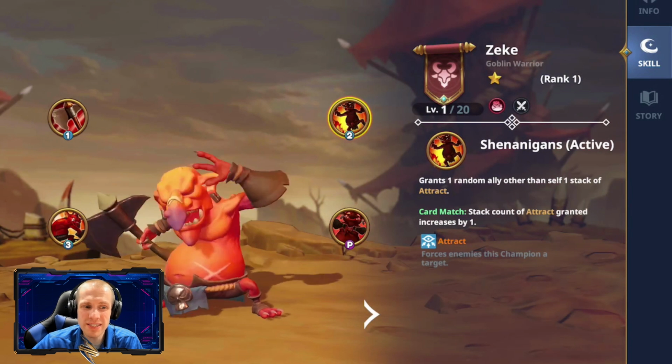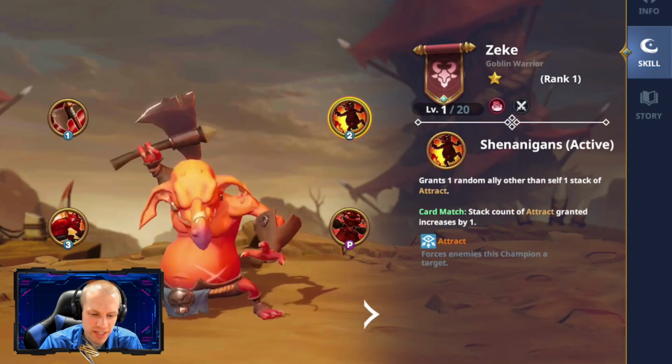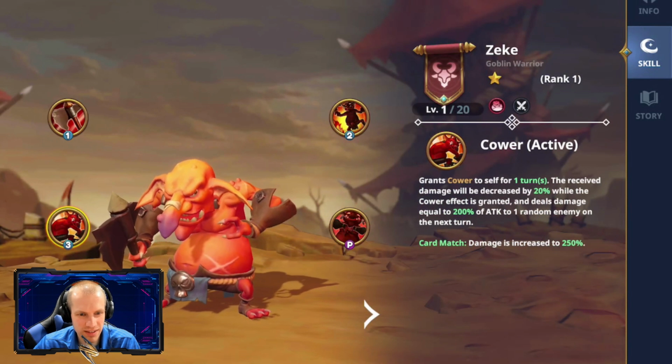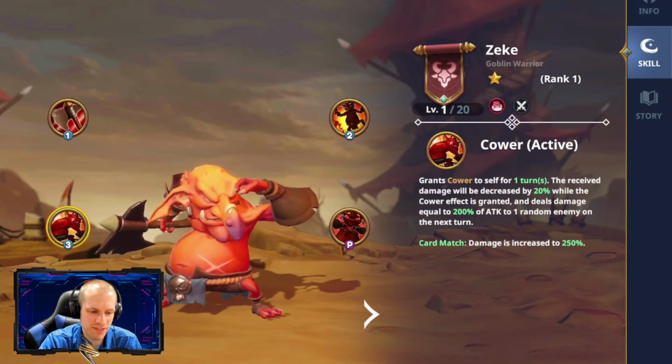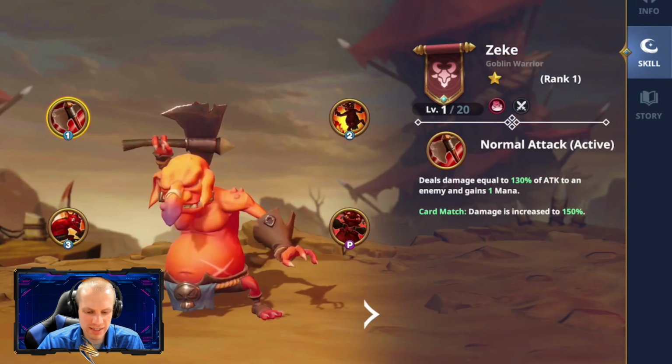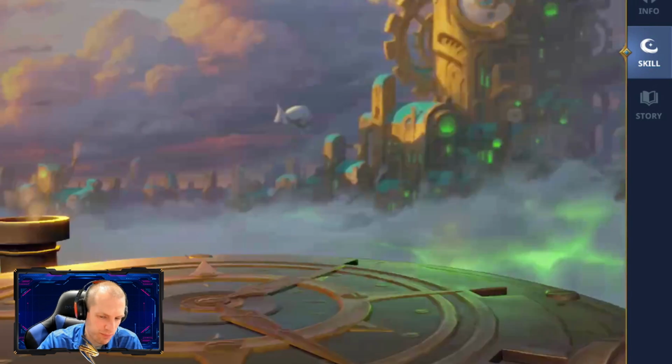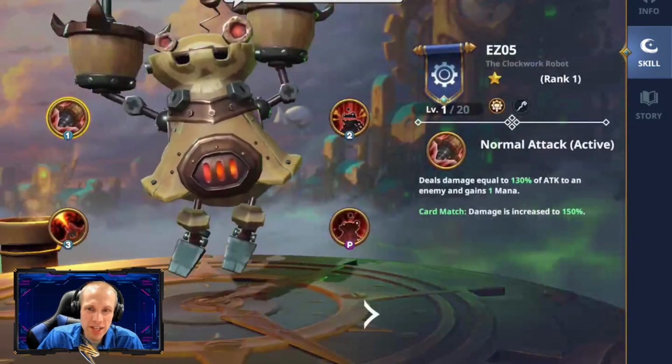There's not a lot of ways to get attract. So I really like that ability. You go with that ability, then you get the cower. With another ally having attract, they have to go attack the others. He gains turn meter and gets off this huge attack. And there you can see his basic. He's gonna deal damage and get some mana. By the way, I like attacks that gain mana. I really do. So another really good common